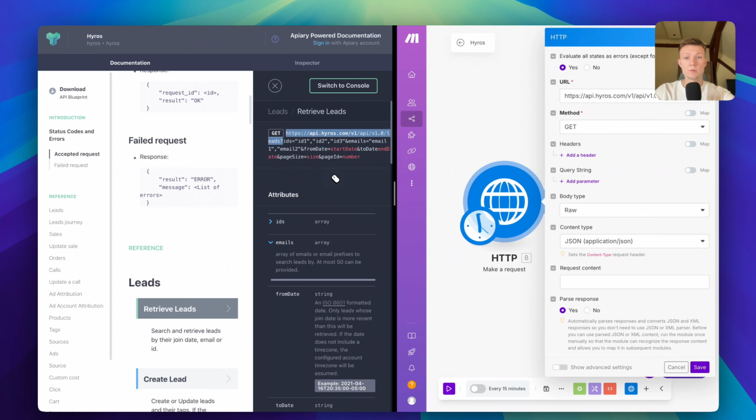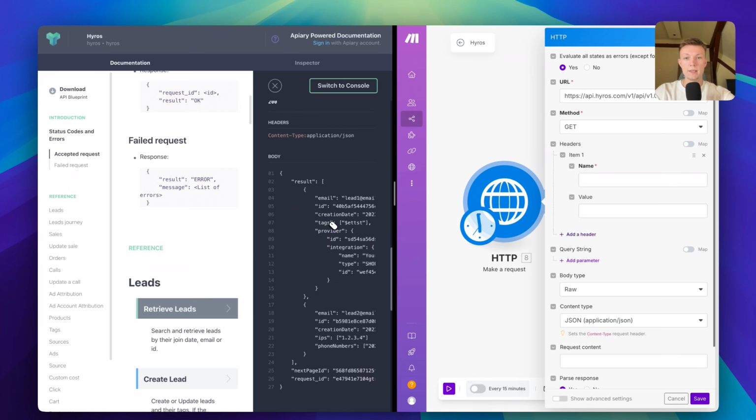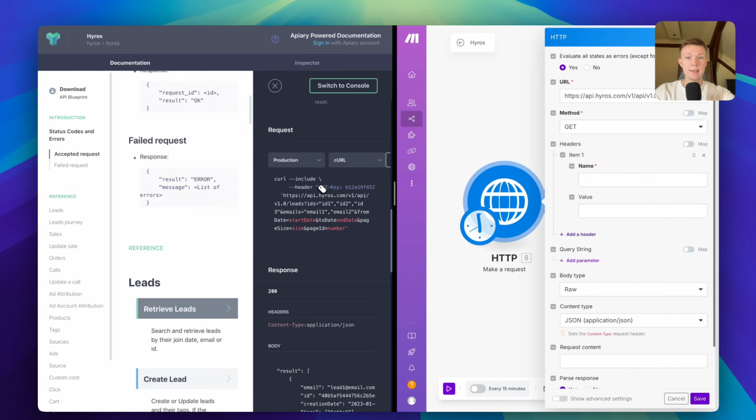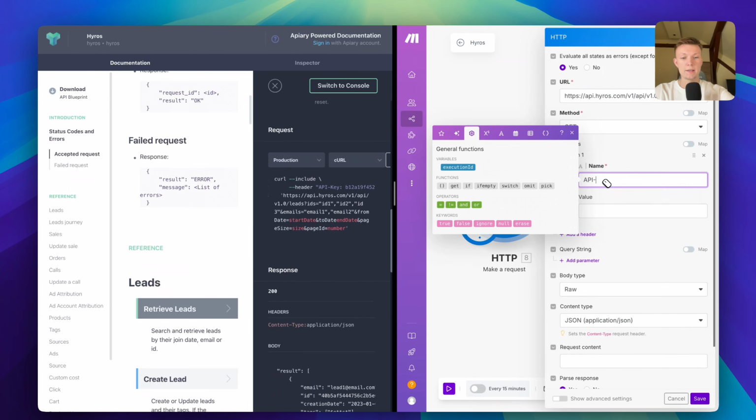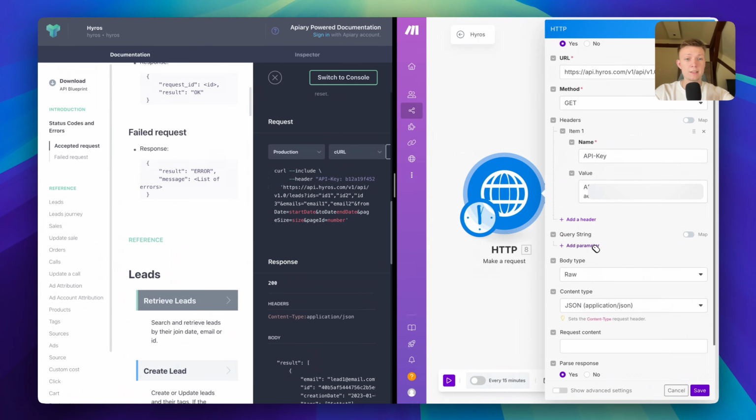Then we have the method. As I was talking about, in terms of this specific API endpoint, it's GET, right? As we can see, we have GET, HEAD, POST, PUT, PATCH, etc. So GET. Now headers, right? The most important part, the authorization. When we scroll down right here, we can see header, it's API key. So API key. And then you paste your API key we got at the beginning. And then lastly, we have query string,